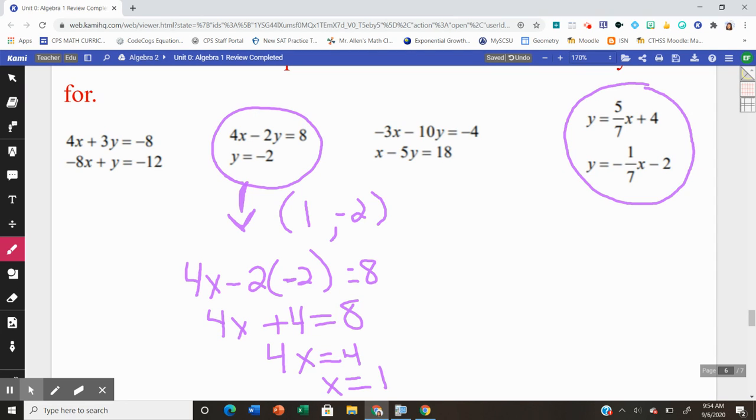If we turn our attention now over to our second set of problems, we know what y equals. It's just not as easy as the first one, right? It's not equal to a specific value like negative 2. Y is equal to an expression. It's equal to the expression 5x plus 4. So we can replace the y, or substitute in for y in that second equation. We're going to replace it with that 5x plus 4. So I end up with 5 over 7x plus 4